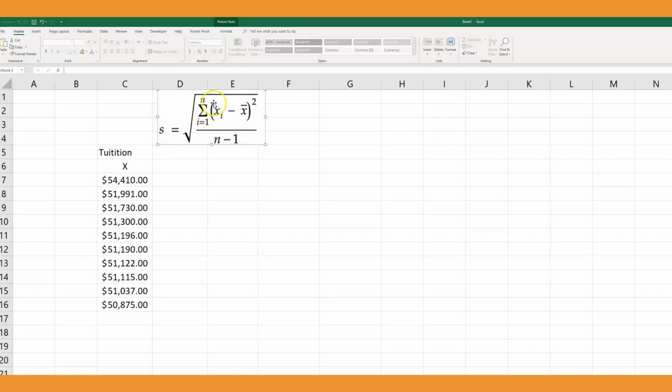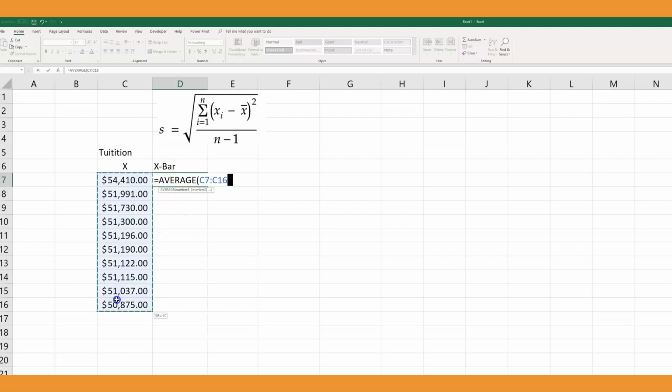So let's go ahead and figure out first of all the numerators and how we're going to go about it. The very first thing that I'm going to do is the x bar, which is the mean. That's the arithmetic mean. In Excel, we use that as the average. So if I go ahead and do the average, which is going to be the sum of all of these,